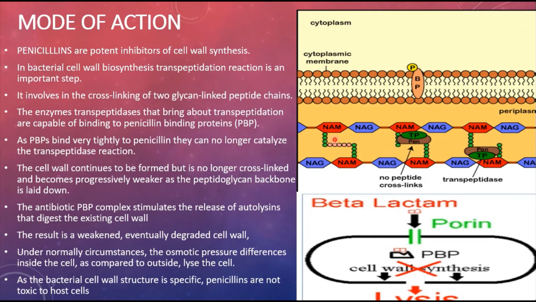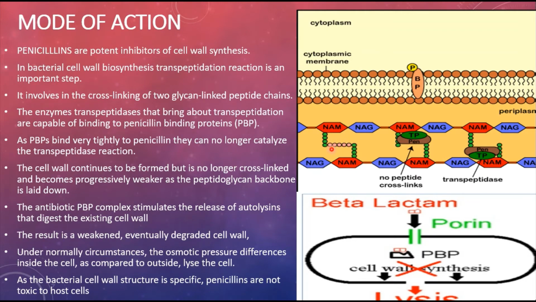We know that bacteria contain a peptidoglycan layer, isn't it? It has alternate units of NAM and NAG. What is meant by NAM? N-acetylmuramic acid, and NAG means N-acetylglucosamine. These are the alternating units of the peptidoglycan layer, and the two layers of peptidoglycan are going to be joined by transpeptidation. So these are the amino acids, and this is where they are going to be linked.